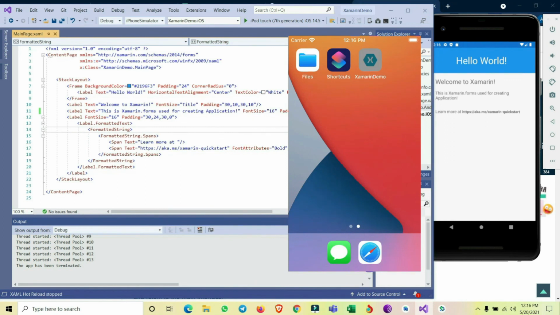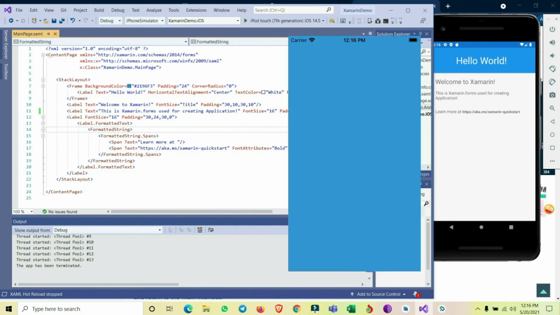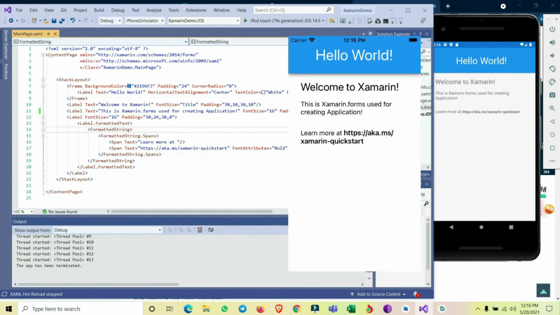Now you can see the similar output which we are getting on both the Android emulator as well as the iOS simulator. Once the update has been given by the Visual Studio team, we can execute both the iOS simulator and the Android emulator on a Windows machine, but it will take a little time. So this is how to execute iOS programs from Windows.